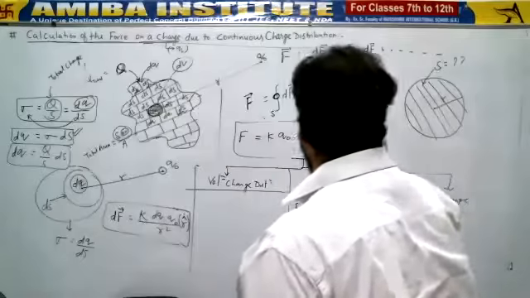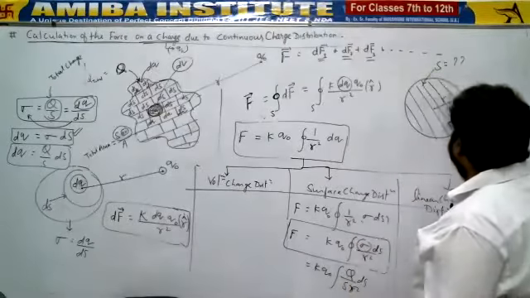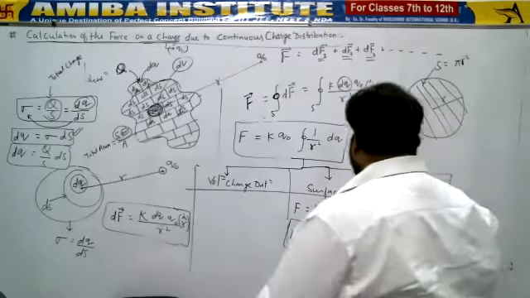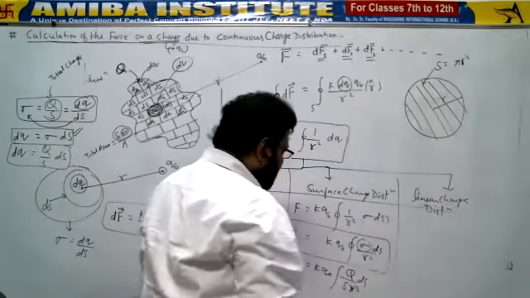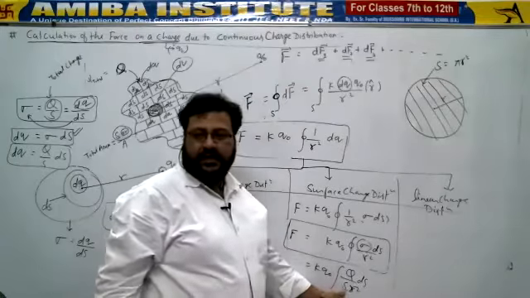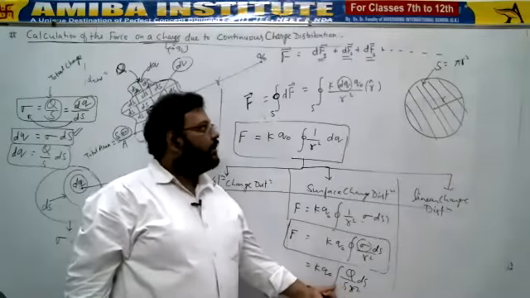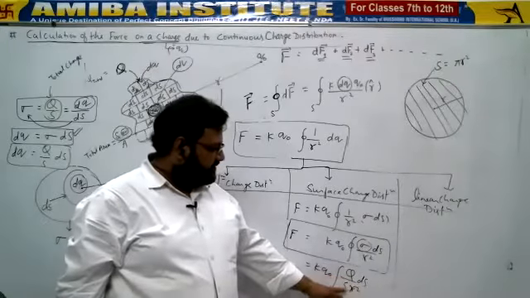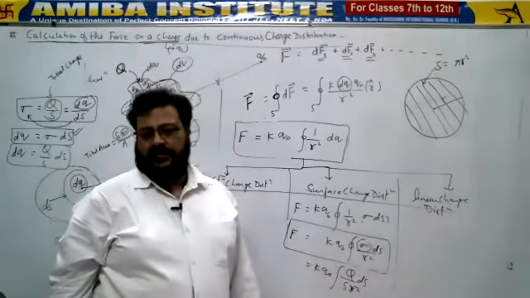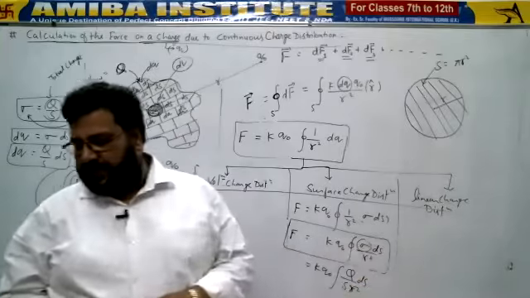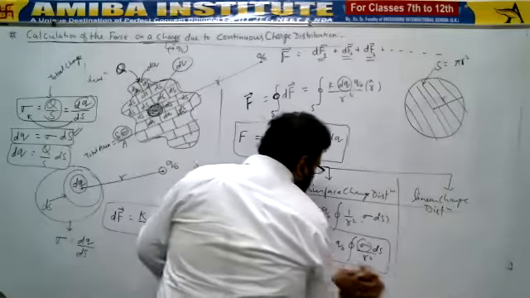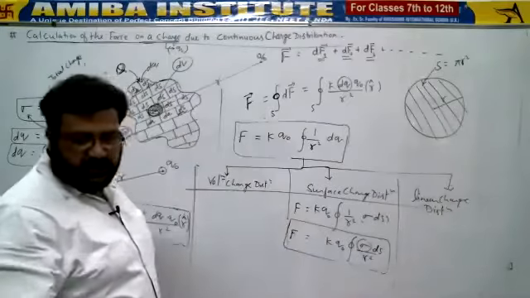Since this is the area of a circle having radius r, its area should be pi r square. So what will we do? We will replace this value s with pi r square. Now pi will be constant, r will be constant, they will be taken outside. Q ds s will be calculated in that way. Whatever manner things are given to us, we will consider in that way. So this is the basic formula, sigma ds upon r square.